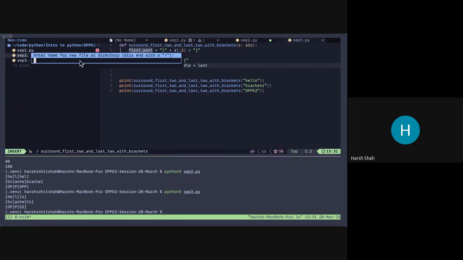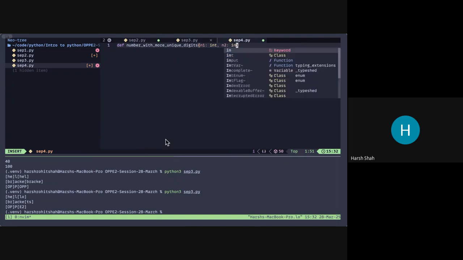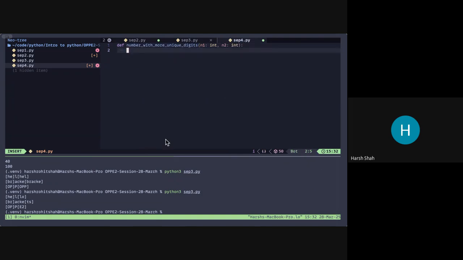Okay, so let's just see. The function name, let's say it is unique, I guess. What's the function name? Number with more unique digits. Number with more unique digits, right? It takes n1, the integer, it takes n2, another integer, right? Now